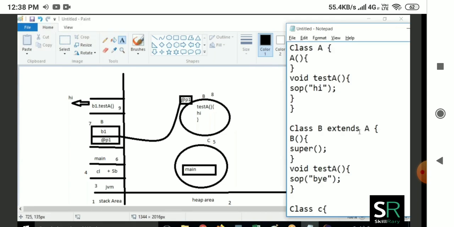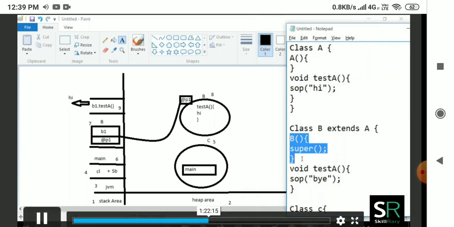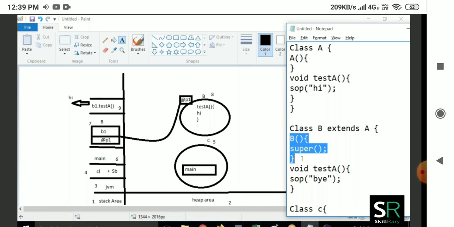Now it will come to the B class. It will execute the B class constructor. What is the job of the B class constructor? The job of the B class constructor is to initialize non-static members inside the object. The job of the A class constructor is done. So it is going to initialize the testA method inside the B class.